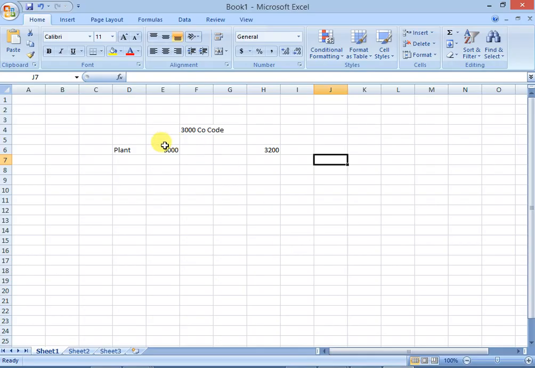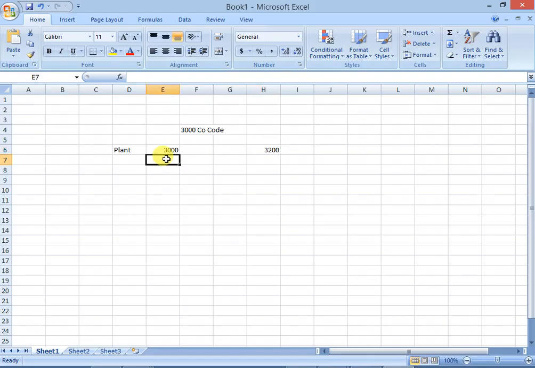Example: I have plant 3000 under company code 3000. Plant 3000 is the Mysore plant. Plant 3200 is the Chennai plant. This is a manufacturing plant. I completed my manufacturing and I want to sell from 3200. In this case I can move goods from 3000 to 3200, then from there I can start sales. In between this 3000 to 3200 transfer, we can create a stock transfer order, replenishment delivery and pro forma invoice.